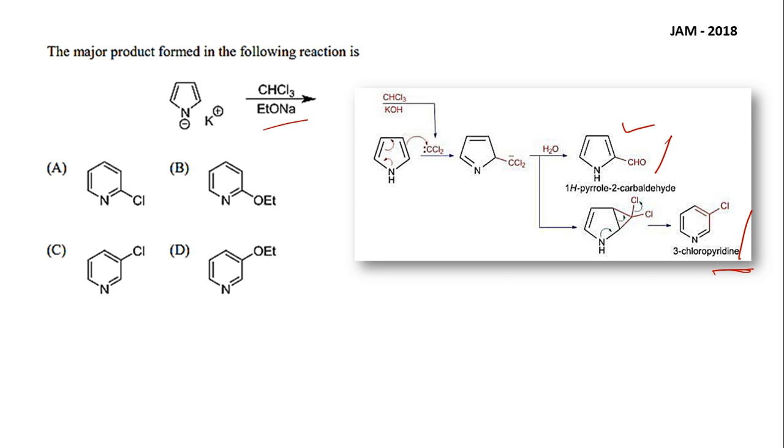So as it is a 6-member ring, the pyridine ring will be there. In the presence of this CCl2 carbene, one of the C=C double bonds will generate this 3-member ring. Now once this 3-member ring is formed,